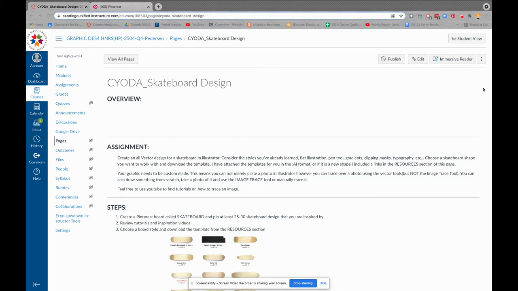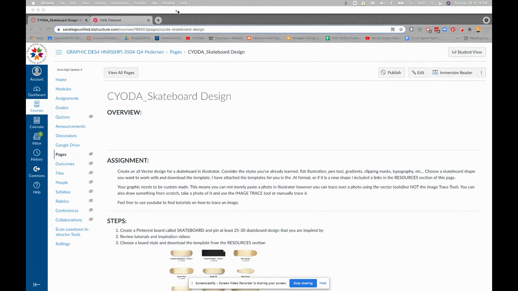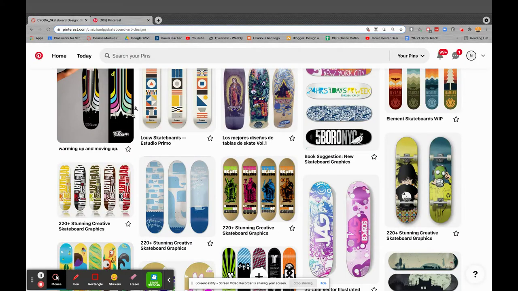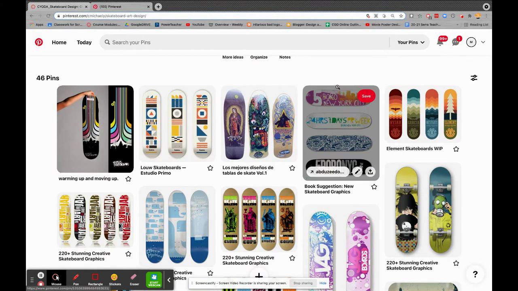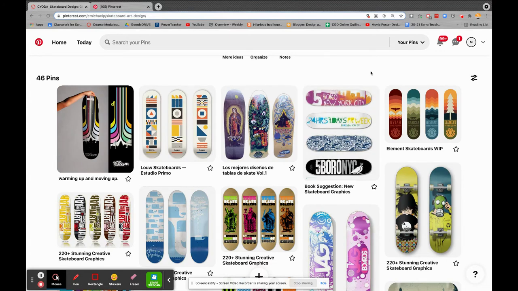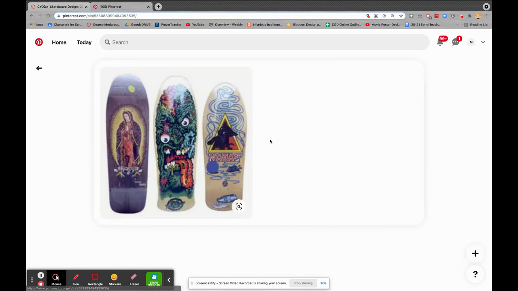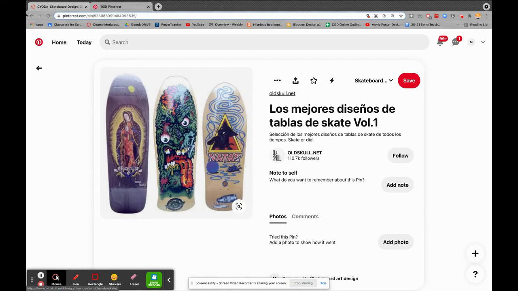Could be a lot of typography. If you want to do some really cool eye-catching type, you could put that on there. There's so much variety that you can do with skateboard design. So let me show you on my Pinterest board. I can just show you the examples. Everything from really geometric type forms to a mixture of geometric forms and text to really intricate, detailed graphics,